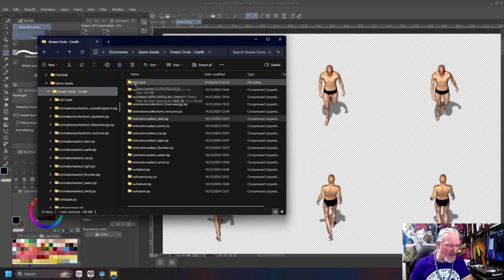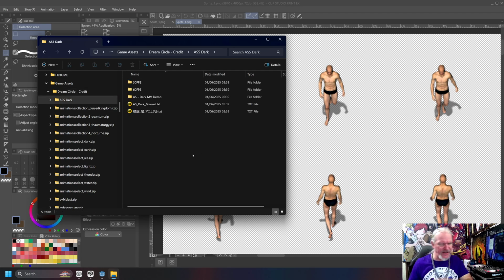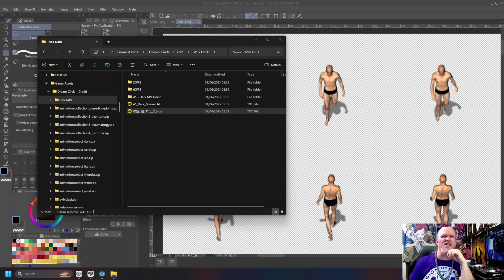The Animation Select series, dark animation. Now you can see here that we've got a license text file in Chinese, that I can't read. And we've got a license text file in English, and it's got all of the information